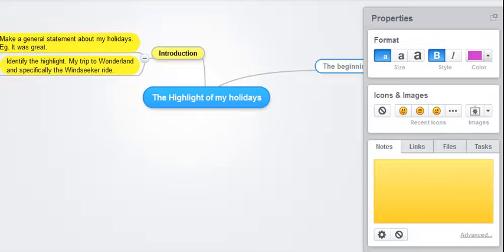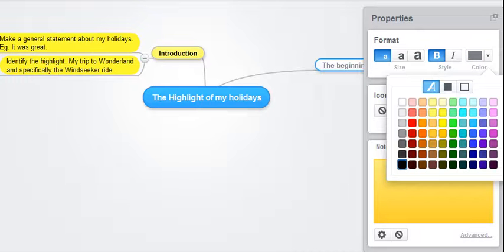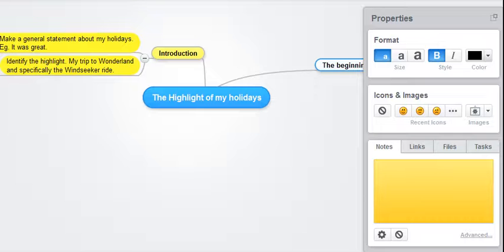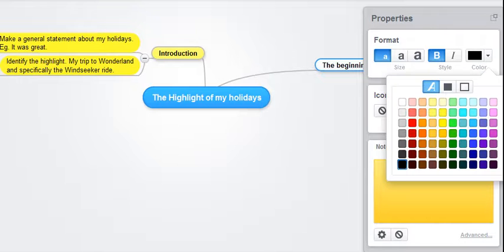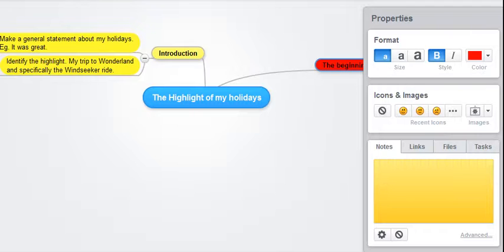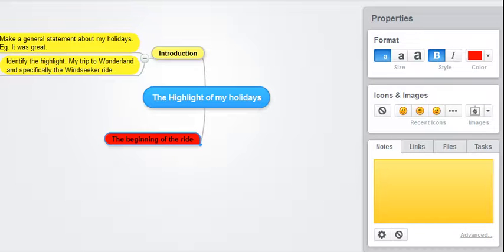Let's just choose the particulars for this. The background we'll say is red, and let's just put it in a position where it's not taking up too much space. So we talk about the beginning of the ride. So everything that comes from this is going to be about what happens at the start till we go to